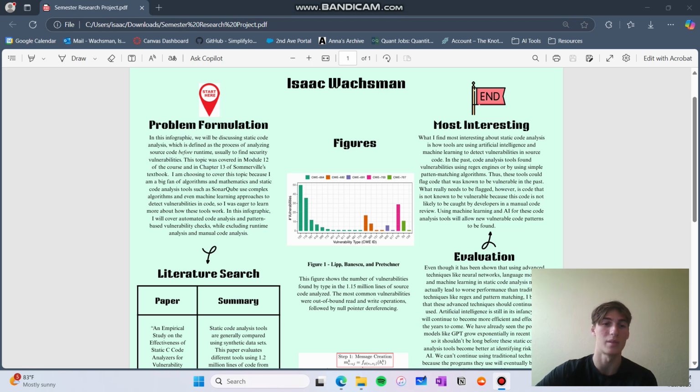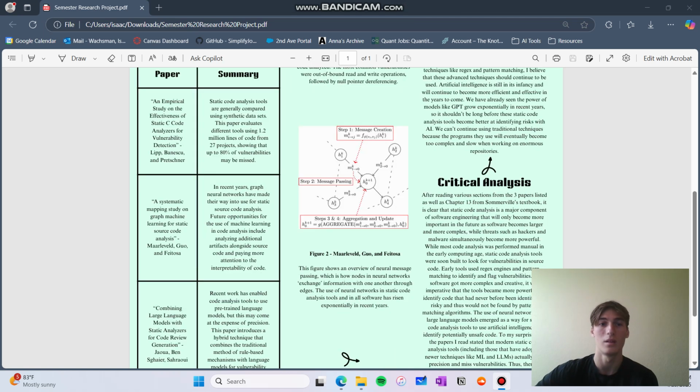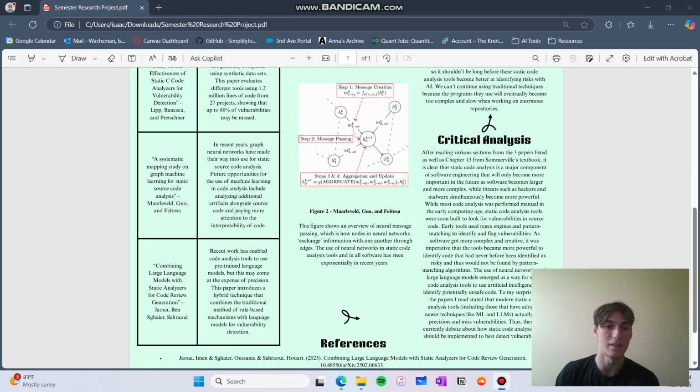I chose to cover this because I like algorithms and mathematics, and these static code analysis tools use a lot of algorithms, pattern matching, and the like, to detect vulnerabilities in code. I wanted to learn more about how this worked. In this infographic, I covered automated code analysis and pattern-based vulnerability checks, and I did not include runtime analysis or manual code analysis. So next up, for the literature search, I found 3 papers that deal with